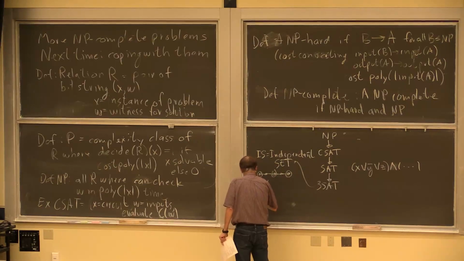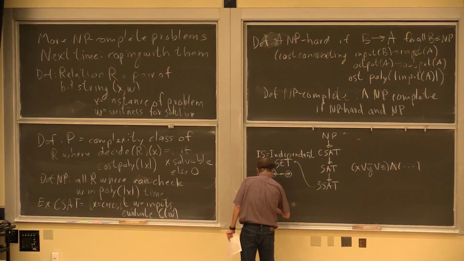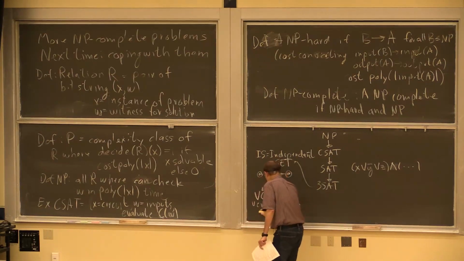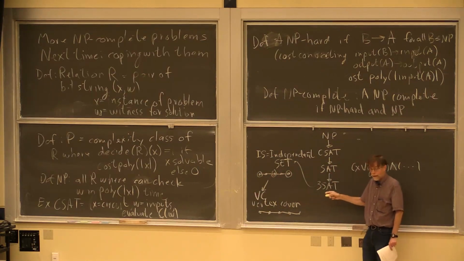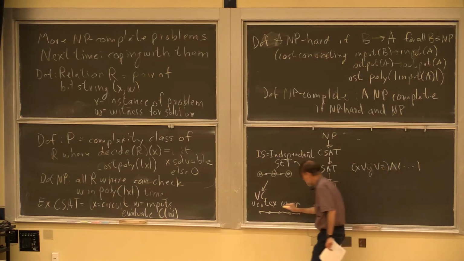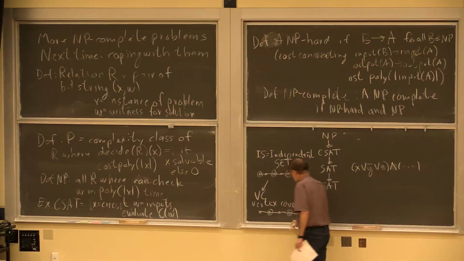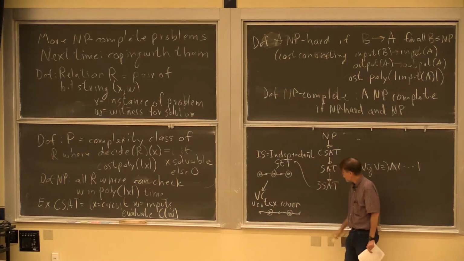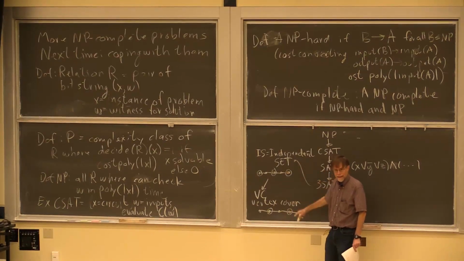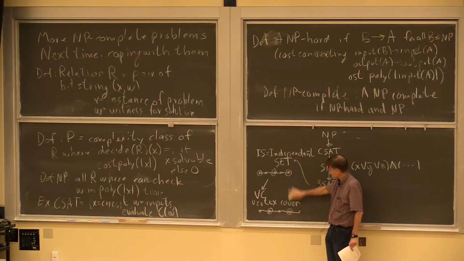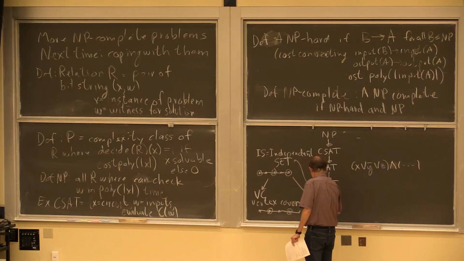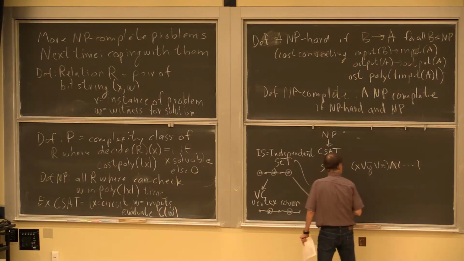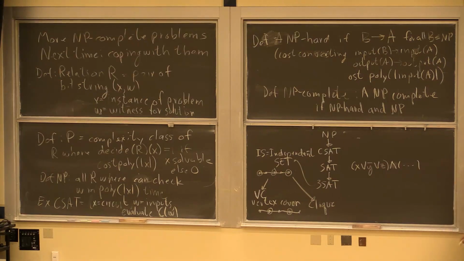And from independent set, I did vertex cover. And let me just show you the answer for that same little graph. And so now what I want to do is find the fewest vertices that touch every edge. So that would be that one and that one, because every edge touches one of those. And this is the complement of that. That's how that reduction worked. These are sort of asking the same question in different ways. And then we did one more, which is finding the biggest clique. Okay. So that's what we did last time.